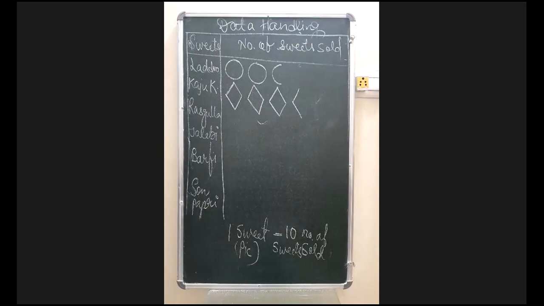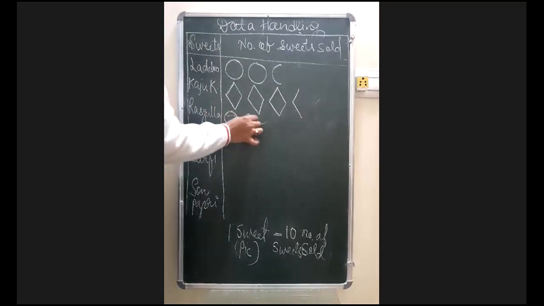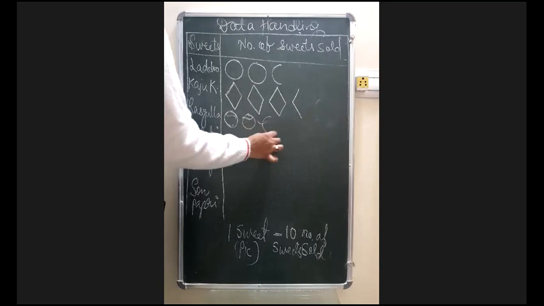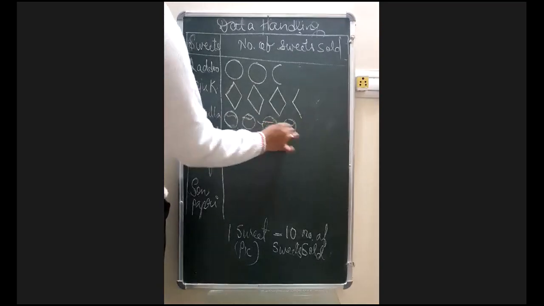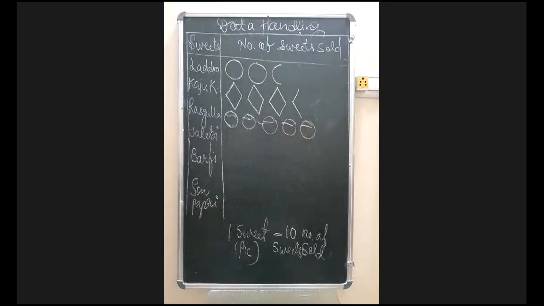Now moving on to Rasgulla. Rasgulla again has the shape of a circle. So I'm just defining it a little in a design mode so that we make it a little different from Laddu. Any one of you just tell me what the number was. Okay, Rasgullas were 50. So it means 5 pictures. So this will be 1, 2, 3, 4, and 5. I have tried to make it a little different from Laddu because Laddu is a circle and Rasgulla is also a circle, so I took a little bit of design.